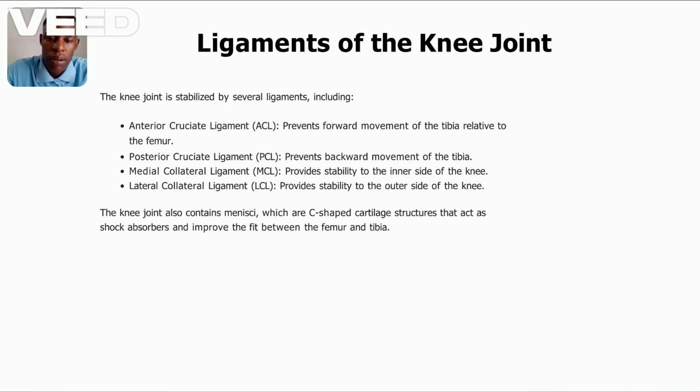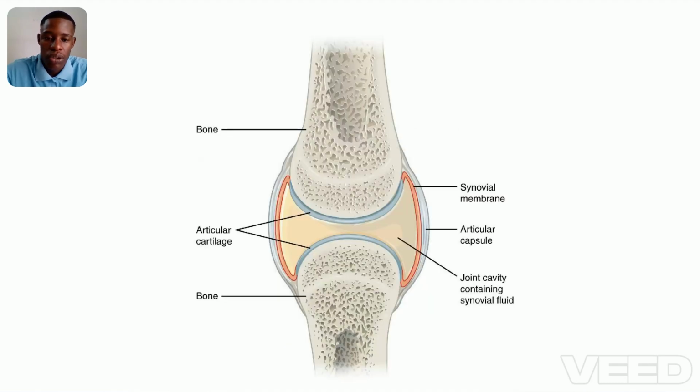Then we've got the medial collateral ligament, which is called the MCL, which provides stability to the inner side of the knee. And we've got the lateral collateral ligament, which is known as the LCL, which provides stability to the outside of the femur. So if we take a look at the knee joint here, on the medial side